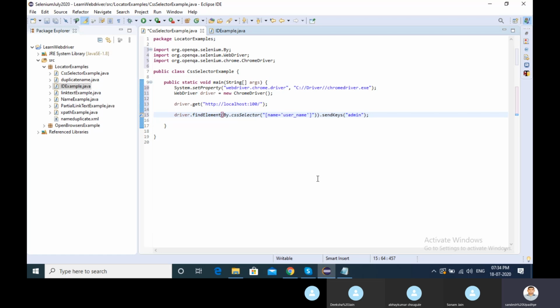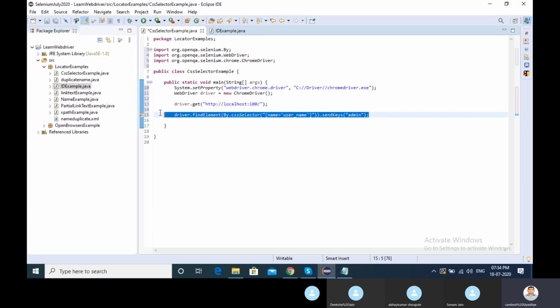Syntax wise, in CSS selector you provide this bracket extra. In the other way we are providing the @ symbol, right? But while using the CSS selector, if you have ID, name, or class, you want to write it like this. The first bracket I have closed, then I have put the name, then the username itself.